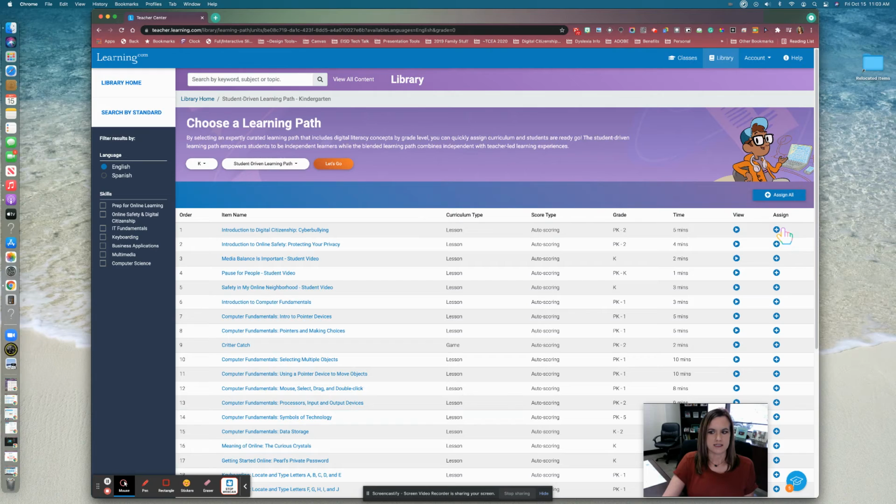Again, you do not need to click this assign button. These lessons are already assigned to your students. Now notice each grade level may have something that looks a little bit different. So those of you at the elementary campuses, your first and second grade are going to have the same lesson as kinder. So all of them will see the same exact lesson. But once they get to, let's say, third grade,